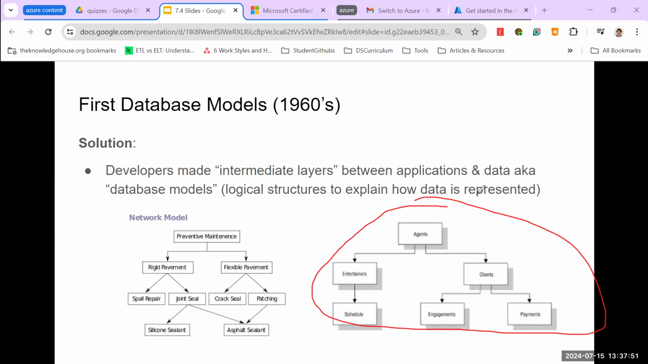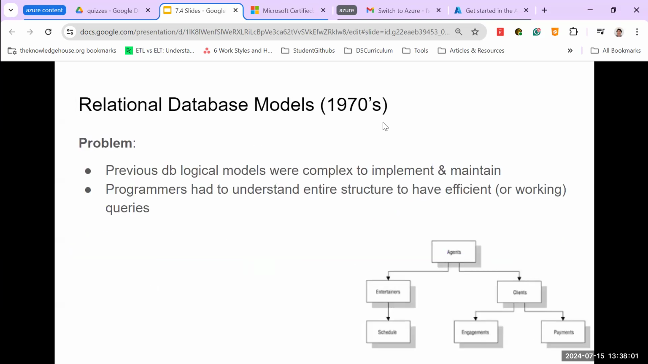So this seemed like a solution during the time, but there were still quite a few problems that entailed these systems. By the 1970s, developers realized, and maybe even immediately realized, that these logical models were complex to implement and, honestly, to maintain. So basically, programmers had to understand the entire structure in order to find the piece of data that they needed,